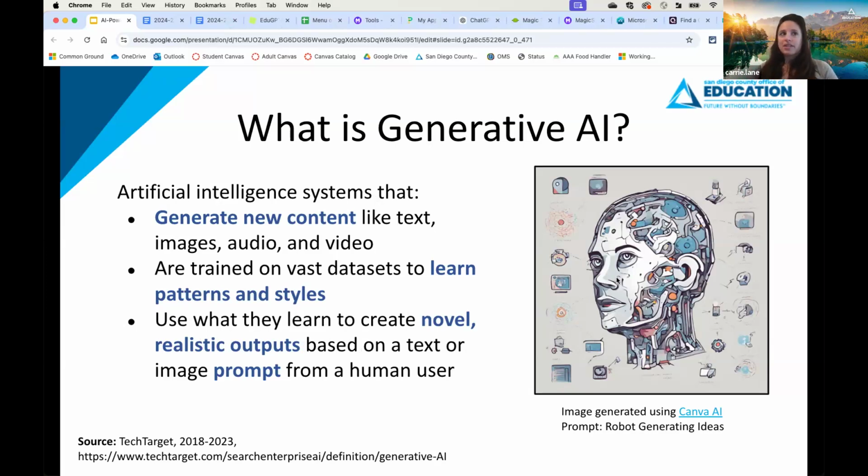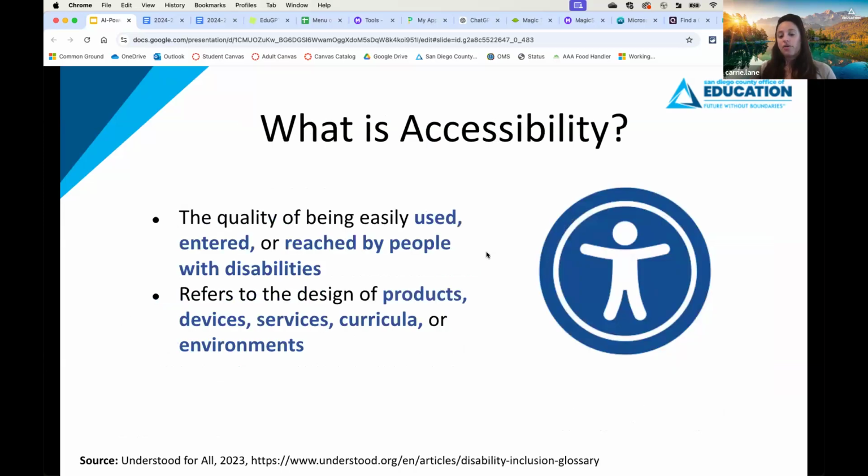Now, when you're thinking about accessibility, this can play a really big role because part of what we do when we're looking at how to meet the needs of our different learners is we think about ways that we can adjust the teaching styles or the teaching strategies to meet the needs of what we're doing. And so with that, AI gives us a really interesting opportunity to create and generate new content for different learners and their needs in seconds, which is really cool.